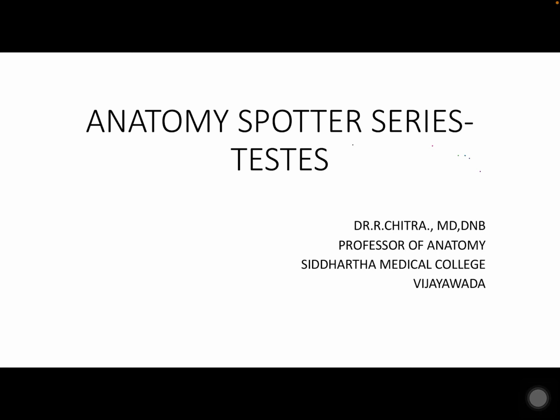From now we will start the anatomy spotter series. Already in our channel we have the anatomy practical exam series and we have covered many topics in the upper limb, lower limb and also in the abdomen. Again, as the university exams are going to start soon, we will start the important anatomy spotter series tests, in which we will not repeat all the theory part, only the spotter related questions. So from this we will start the tests and we will see the other important spotters in thorax, abdomen, upper limb, lower limb, head and neck, brain. So you continue watching this series.